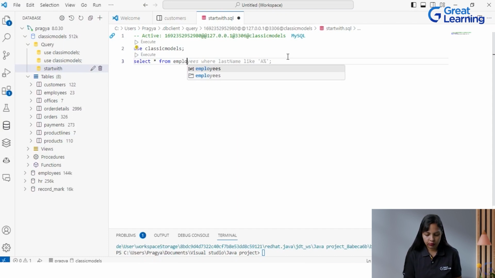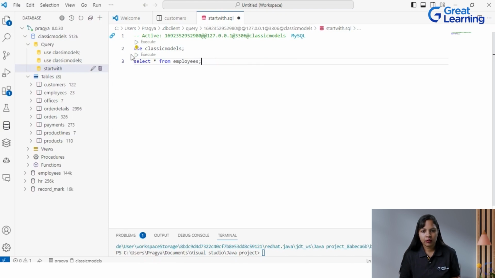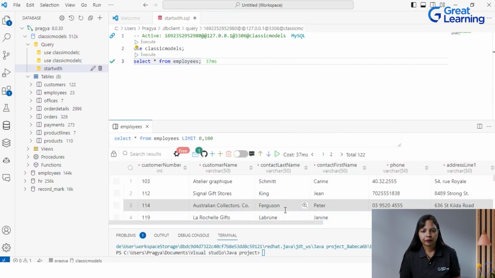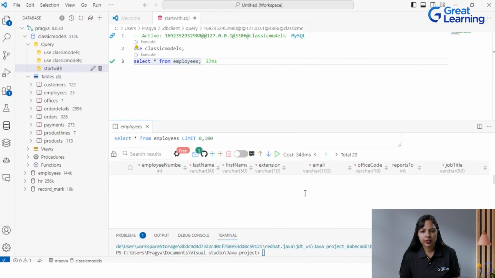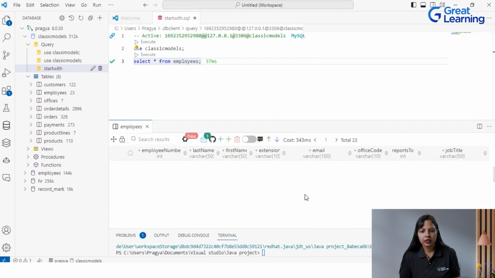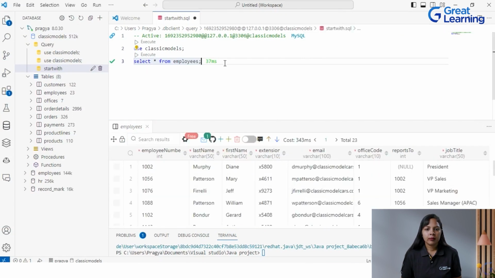But I don't want that also. I just want this much. Now you can execute it. You can see here the output, right? All the data which is there in the employees table is being demonstrated, right? Similarly, we can write, I'll write some